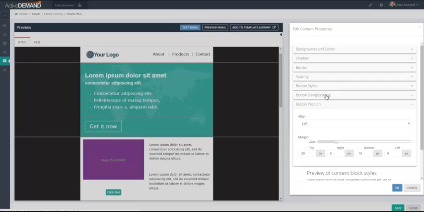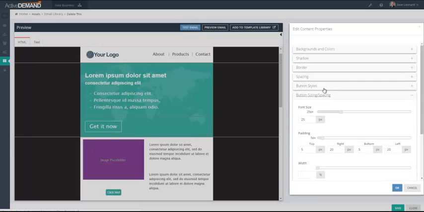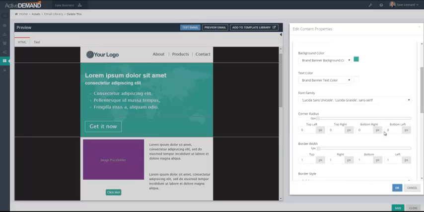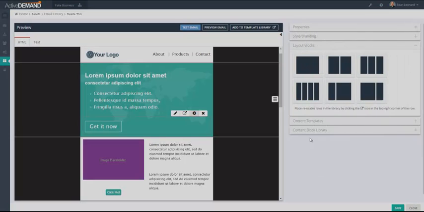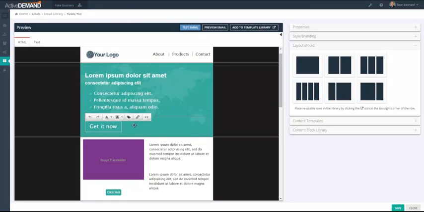Again, there are no borders. The border styles were zero radius, this type of thing, with a very 1 pixel border around the button. Again, you have full access to edit any of the styles within the buttons, as well as content blocks, etc. To get at the link of the button, just click the button and press the link button, and you'll be able to put in a URL for the call to action